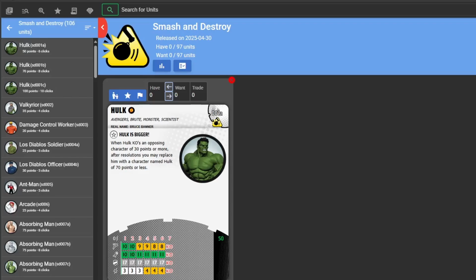In this set, Smash and Destroy, of course it's themed around big characters that are breaking down walls, and we're using terrain in new ways. There is a sub-theme here for Asgardians, which I think is really cool, and we'll hit on them as we go through. We'll keep a pulp mindset, looking at commons, uncommons, and rares for both constructed pulp and for sealed events. And so we're going to be starting with the 001